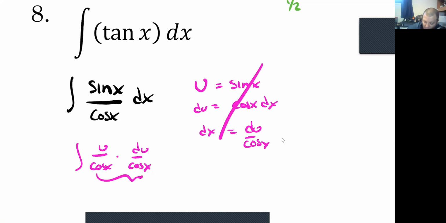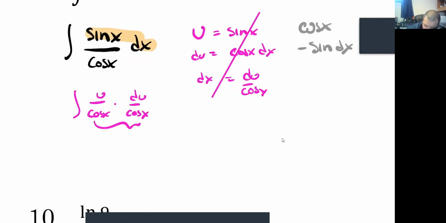So rather than making u the sine of x, let's flip them. Let's make u the cosine of x. If you make u the cosine of x, the derivative is negative sine dx, right? And that is what we have here in the numerator. So if we make that u substitution, we would get negative